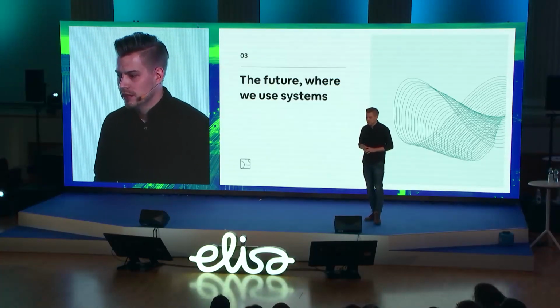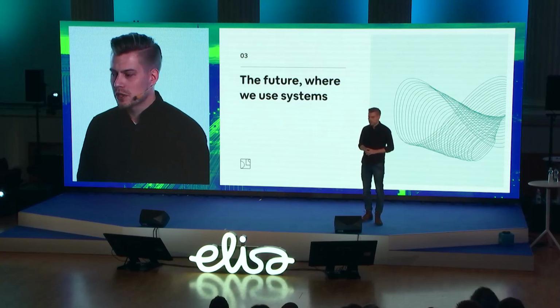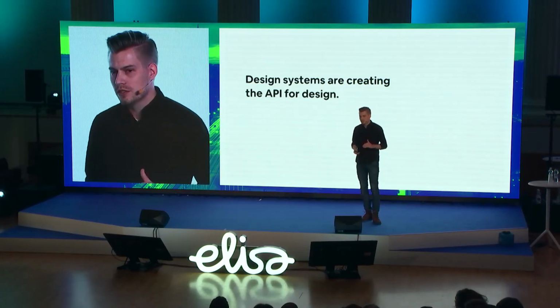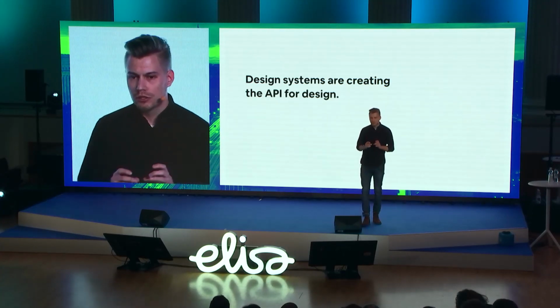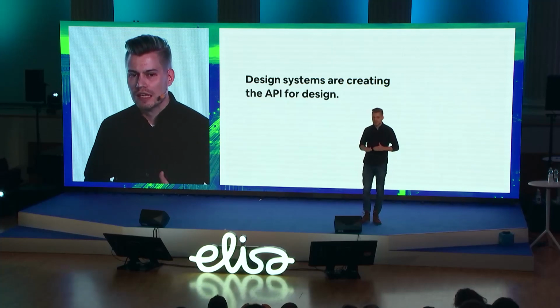But we also have solved some of the challenges we had before with unifying the design and the platforms. But then we also always think about where we should go next. There are obviously a lot of tweaks we can do, but what could be the next level of this? So I think the main argument, or my understanding of this, comes to the fact that a design system is basically creating a platform for design. It's kind of like an API: once you can structure and define design into some kind of system, then you can build things upon that, or have things use that system. Before, this wasn't possible because if you just have a flat screenshot or mockup from a design file,